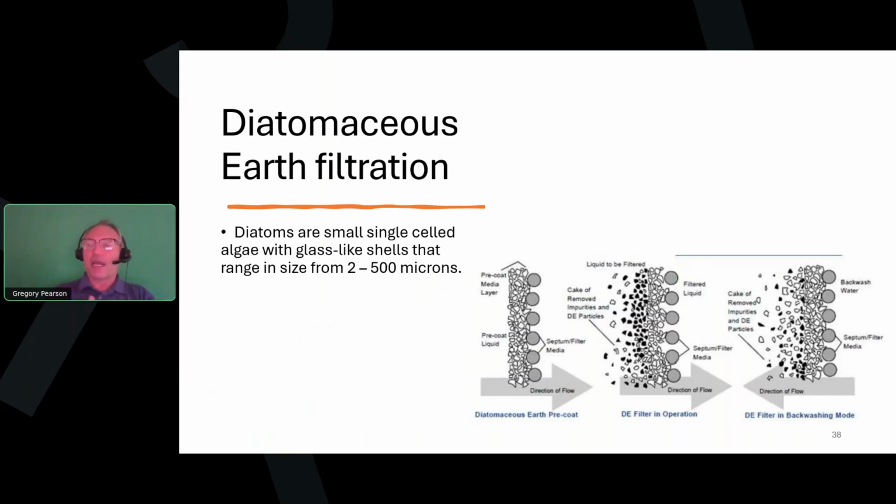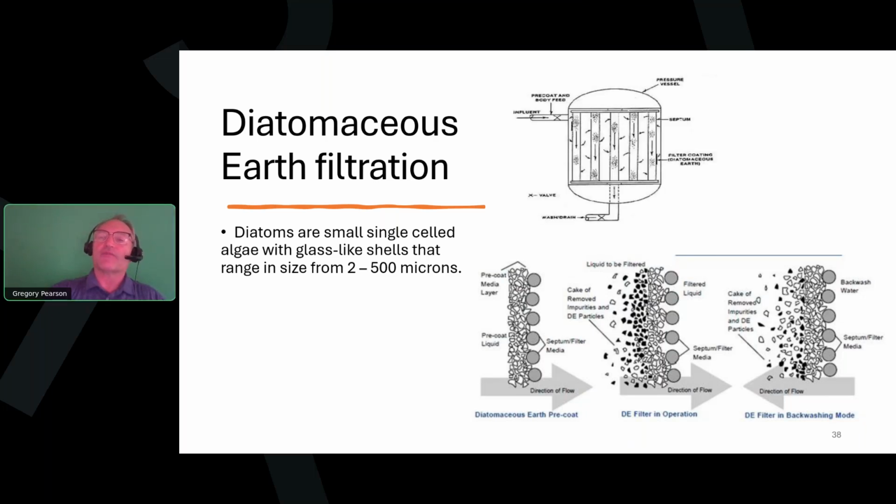Diatomaceous earth is similar to activated carbon because it has a very complex structure, but it's usually fed as a slurry, and it collects on a septum. If you look at the upper part of your screen here, there's a filter that has several tubular screens. Those are septums where you feed a pre-coat feed of diatomaceous earth. It collects on those septums, and then you can feed the water, and the coated septum is now a filter,